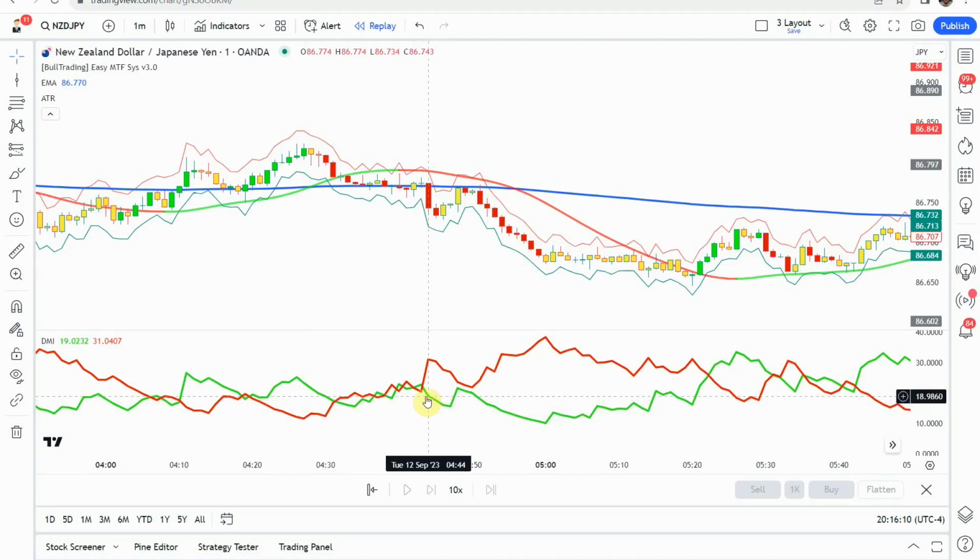And so in this case, we're going to look for a short signal right here. So what we're going to do is we have the cross of the red line above the green line right here. Now, the price action needs to be trading below the blue exponential moving average. It needs to at least be closed below that when the signal takes place. It doesn't necessarily have to be trading below the exponential moving average for a period of time. As long as the signal bar closes below it, then that is, in my opinion, a valid